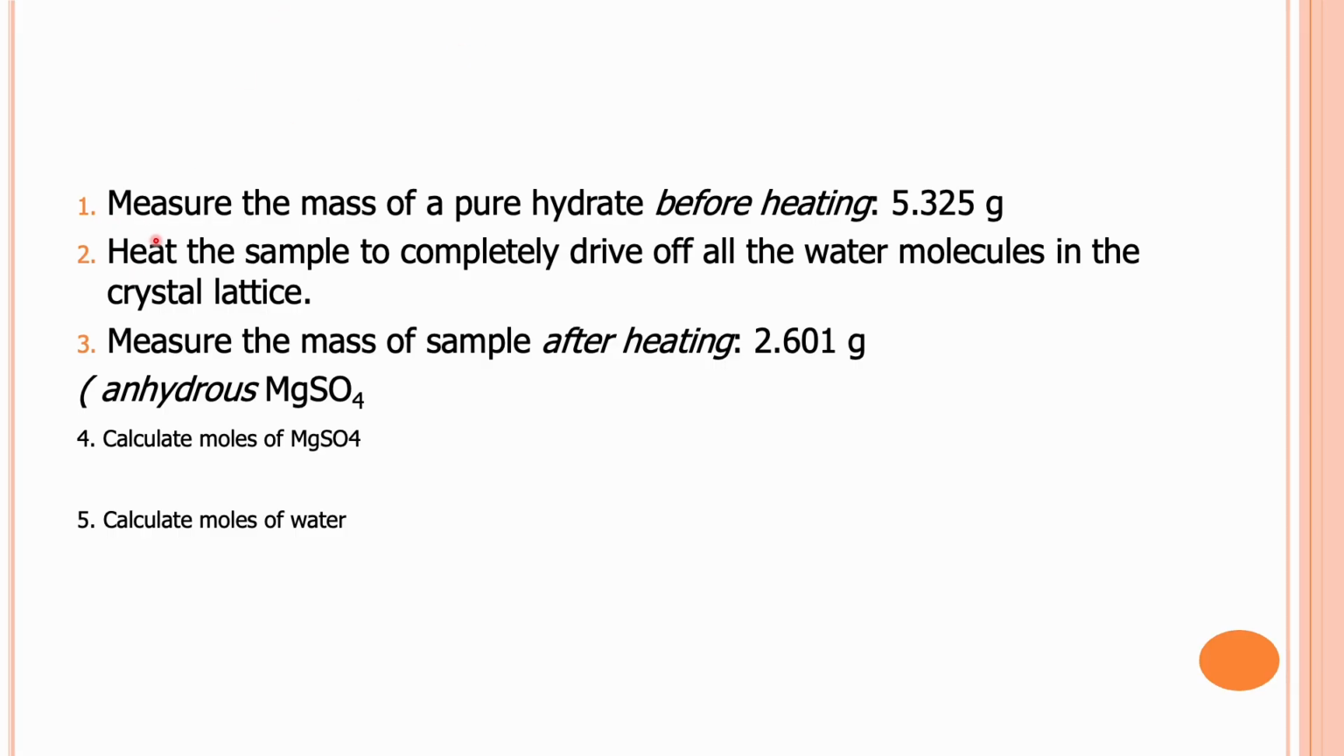All right, so it says to measure the mass of a pure hydrate before heating. That was your 5.325 grams. Heat the sample to completely drive off all the water molecules in the crystal lattice. Measure the mass of the sample after heating, and this was after a few times of heating and weighing. So you obtain a constant mass of 2.601 grams, right? And this is your anhydrous magnesium sulfate. So you started off with 5.325 grams of your hydrated salt, and after removing all our water vapor, we ended up with